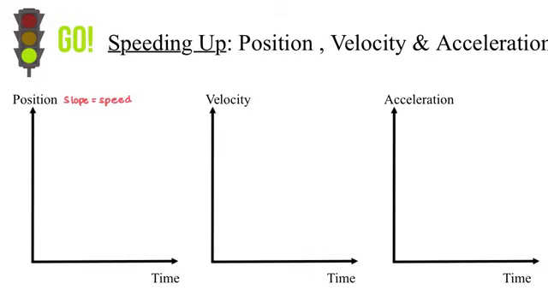So when I'm stopped at the red light, my speed is 0. So I begin with an initial velocity of 0. So I know that my slope on this graph will begin at some 0 point. And as a reminder, a horizontal line represents a slope of 0, and a vertical line represents a slope of 1. So anything between a horizontal and a vertical line has a slope value between 0 and 1, essentially. So I'm going to show my curve looking a little bit like this then. I'm going to have some initial